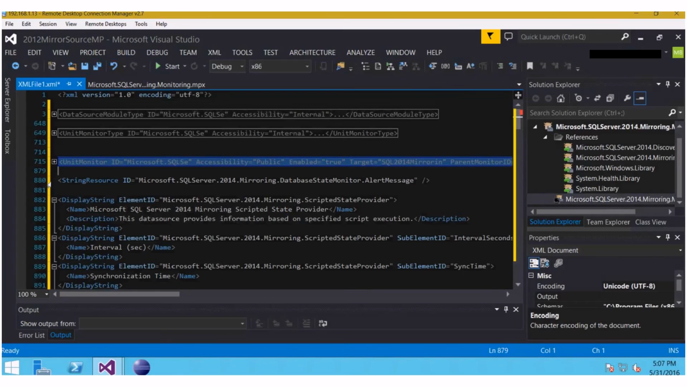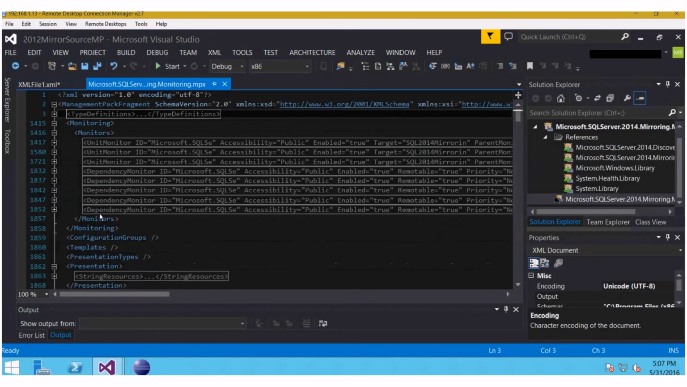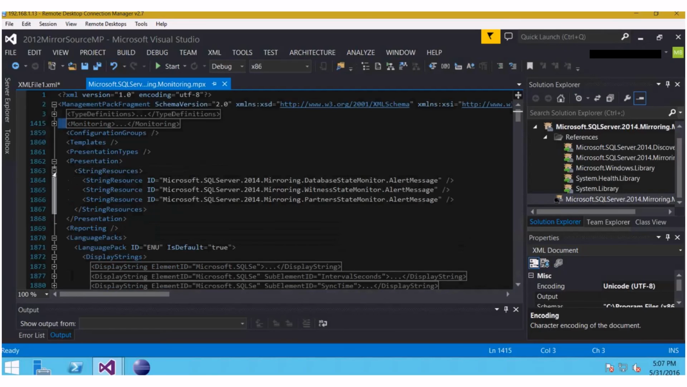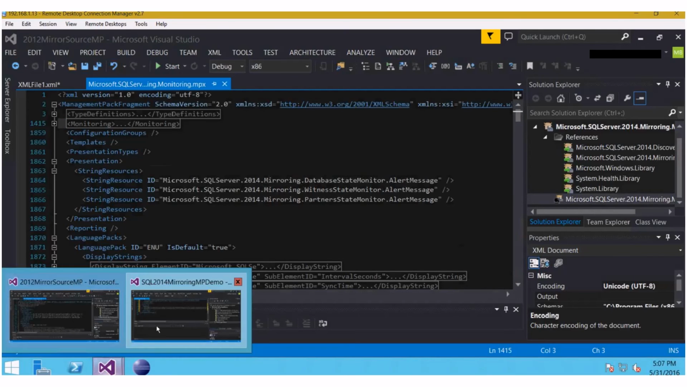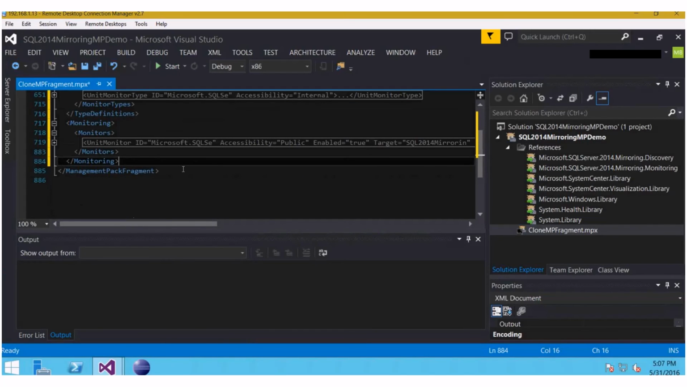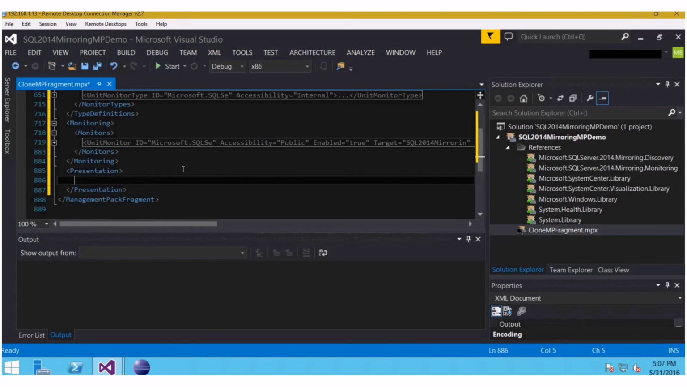And now we have our display strings, but we also have this string resource ID, so we need to look, we'll minimize monitoring. And so that string resource was presentation string resources. So we'll go and copy that over. So we need a presentation tag, and then